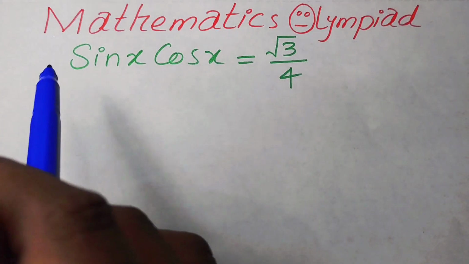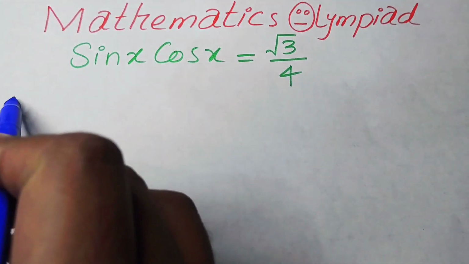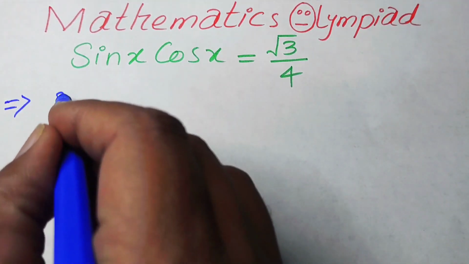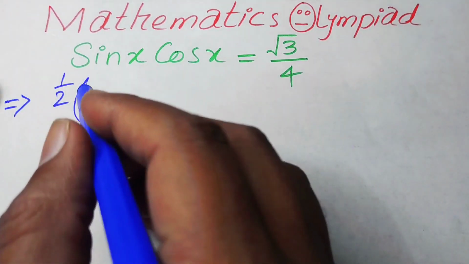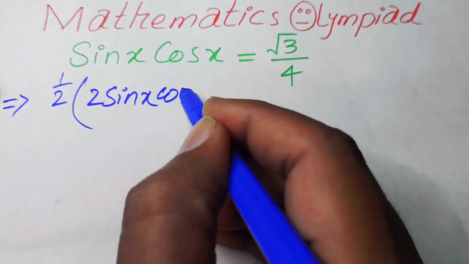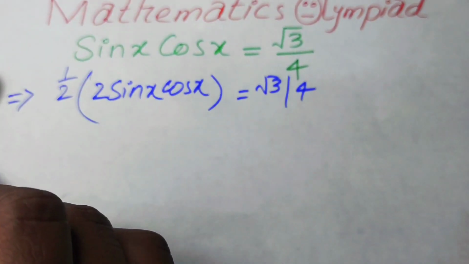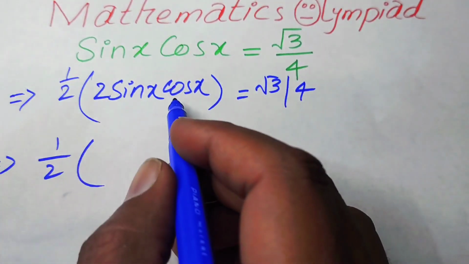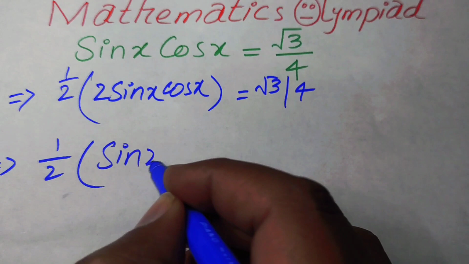In this video we are going to solve a nice trigonometric equation. So the very first thing we are going to do is multiply the left hand side by 2, to make it a trigonometric identity or trigonometric formula. So here we multiply by 2 and divide by 2 on the left hand side, and we will obtain the term in this form. So after that, 2 sin x cos x becomes sine of 2x, equal